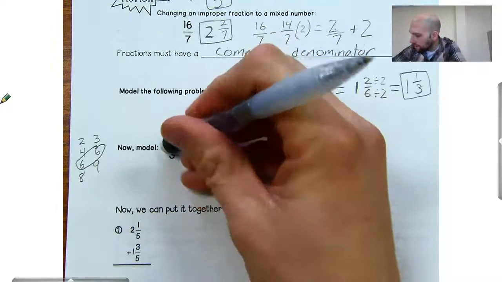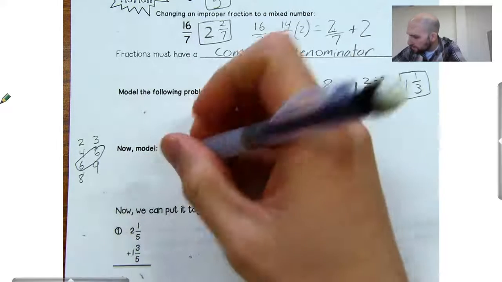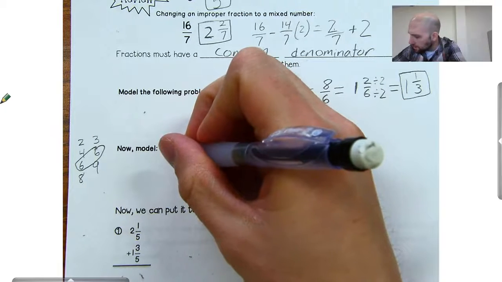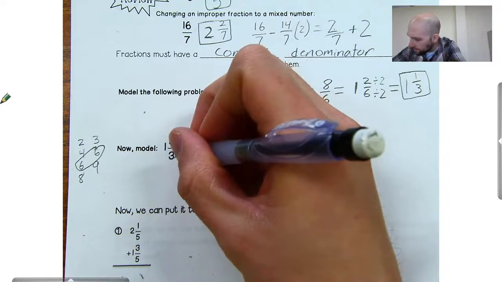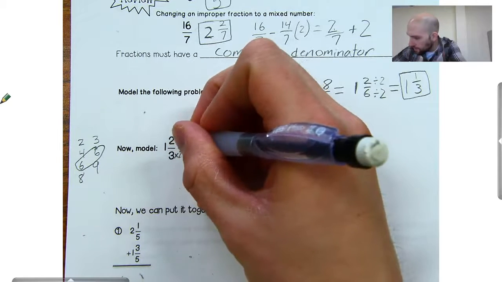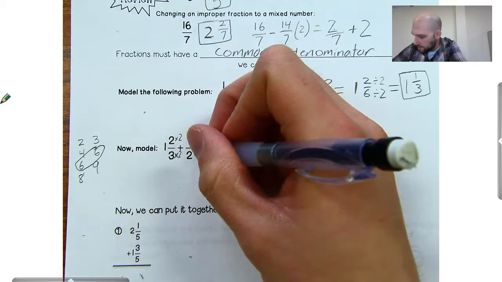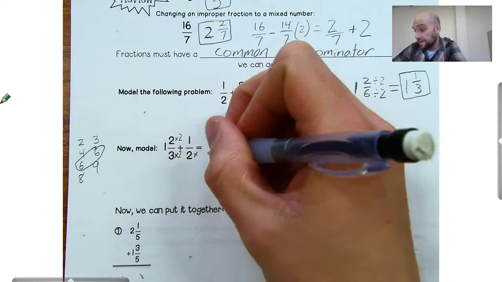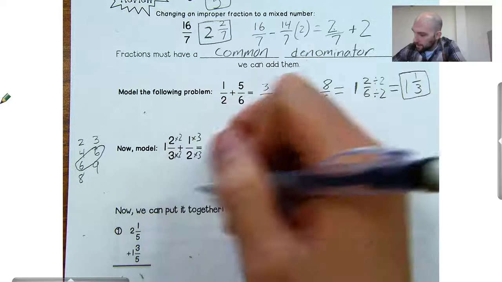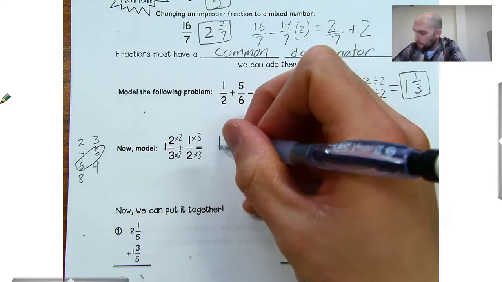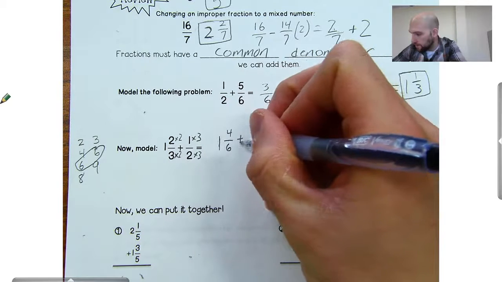Before I can, well, let's do it this way first. I'll show you a second way to do it after. So I'm going to multiply by 2 here, and I'm going to multiply by 2 here. And then I'll do the same thing with my 1/2. Except I need to get from 2 to 6, I need to multiply by 3, so I need to multiply my denominator by 3. What that's going to end up looking like is I have 1 4/6 plus